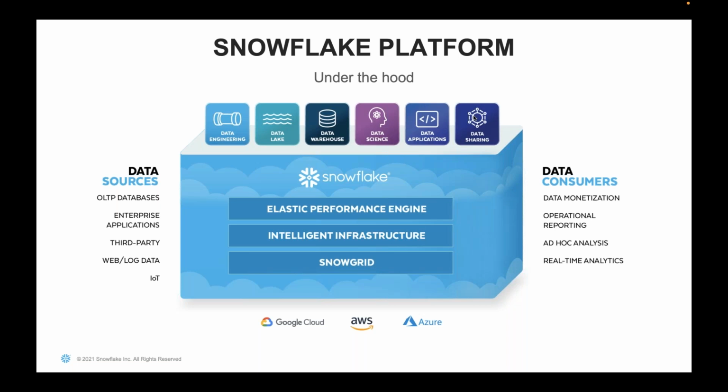Now, for running all these services which Snowflake is providing, we require an infrastructure. Who is providing that infrastructure? There are mainly three providers: one is Google Cloud, another is AWS, and the third one is Azure. Only these are the cloud infrastructure providers we can use. It's up to your organization, or you, to decide which cloud services you want to use. Snowflake is available equally on all three. All services are available equally on all three.